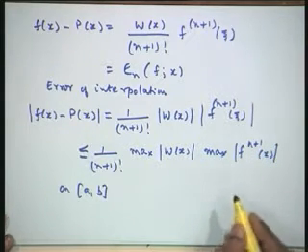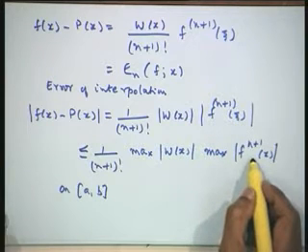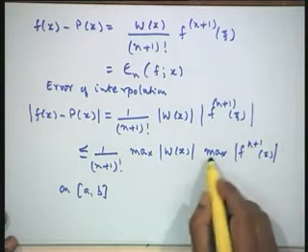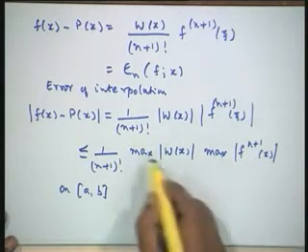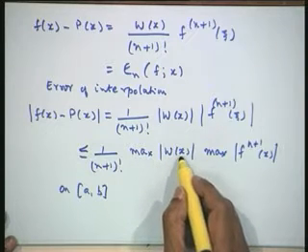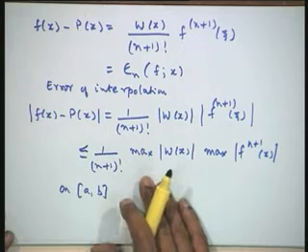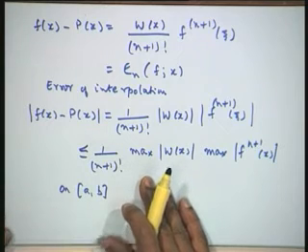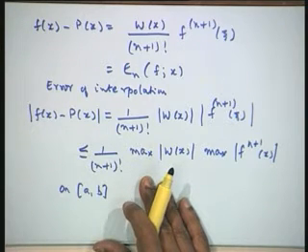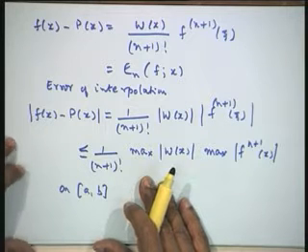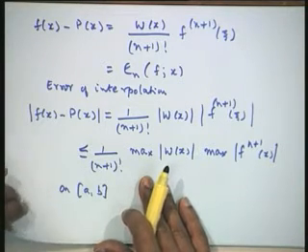We can find the maximum magnitude of f n plus 1 of x using any procedure that we know. The maximum of w(x) I can always find, and that will give me the bound of the error. That means whatever interpolation we are doing, linear, quadratic or any approximation, we shall be able to say what is the maximum possible error we are committing in that particular problem. Now let us first have a look at what would be the error in linear interpolation. Let us take the error in linear interpolation.